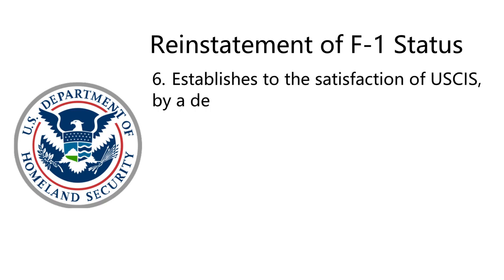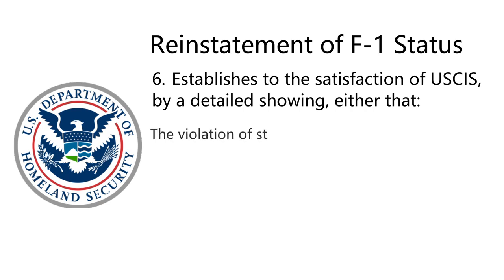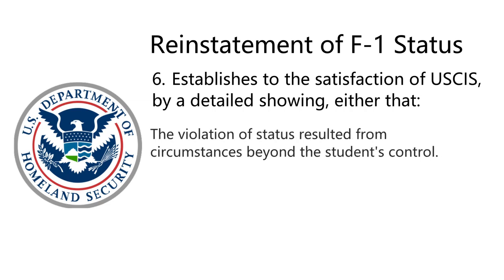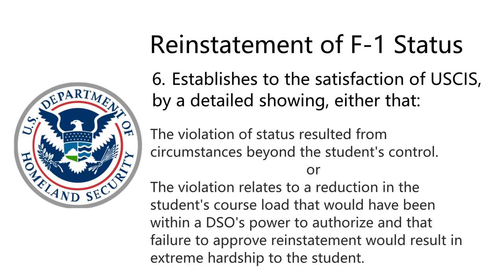And 6. Establish to the satisfaction of USCIS by a detailed showing either that the violation of status resulted from circumstances beyond the student's control, or the violation relates to a reduction in the student's course load that would have been within a DSO's power to authorize, and that failure to approve reinstatement would result in extreme hardship to the student. The difficulty in this case was: